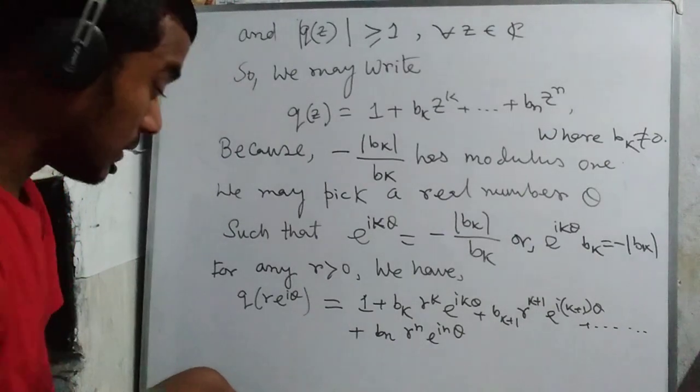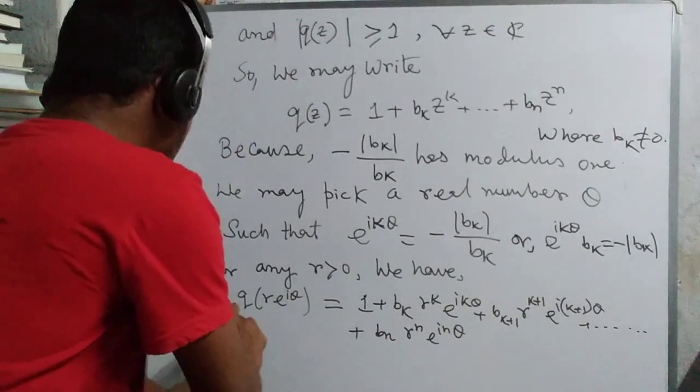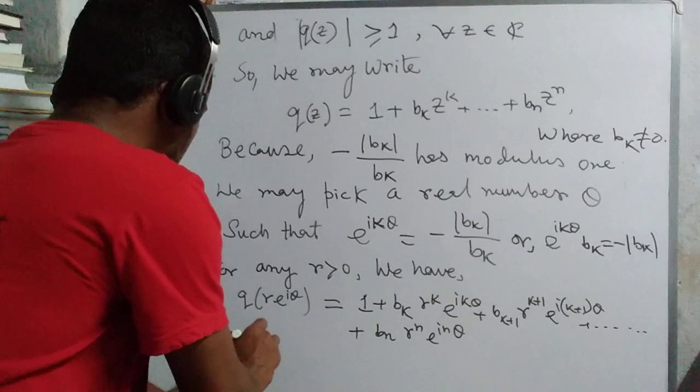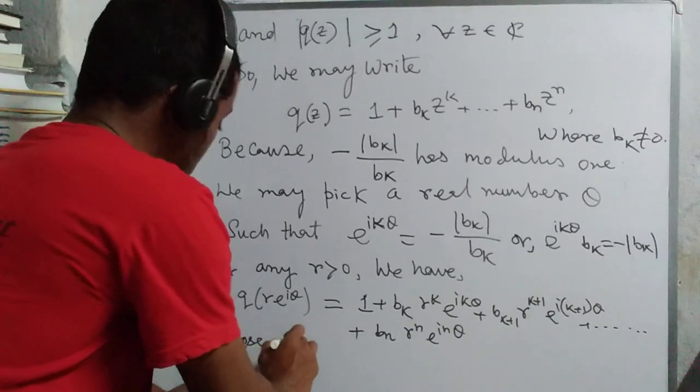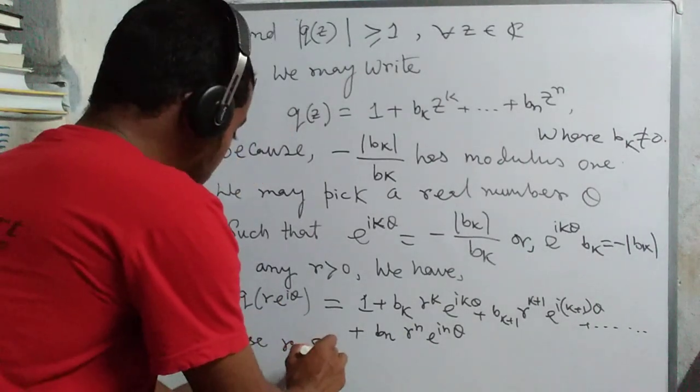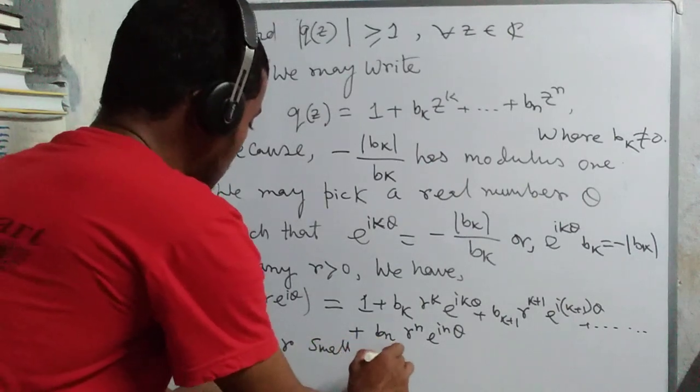Then what happened? Choose r small enough